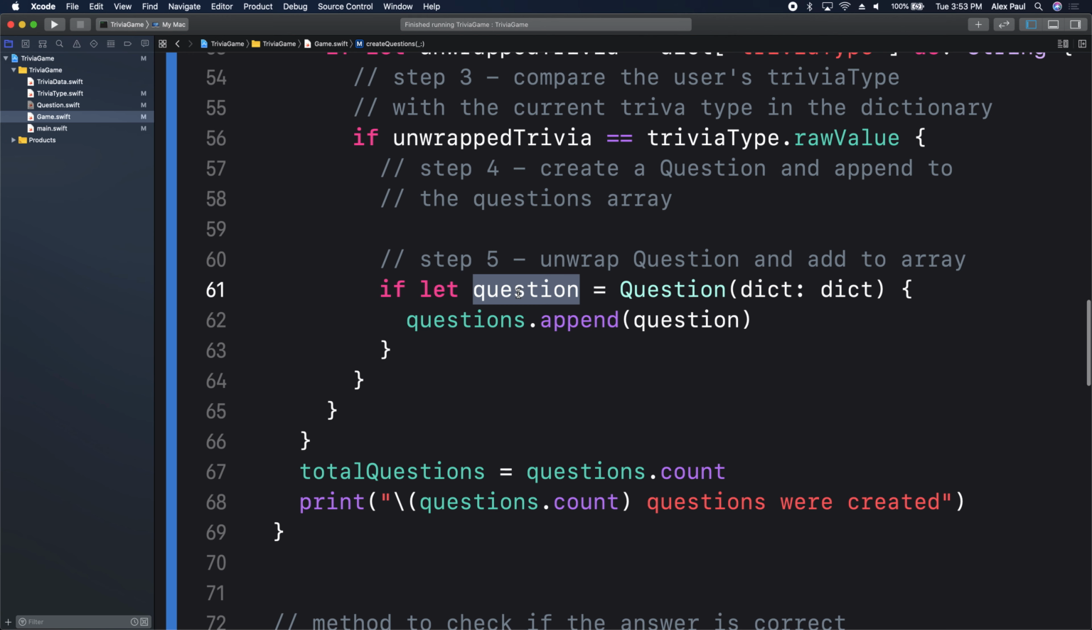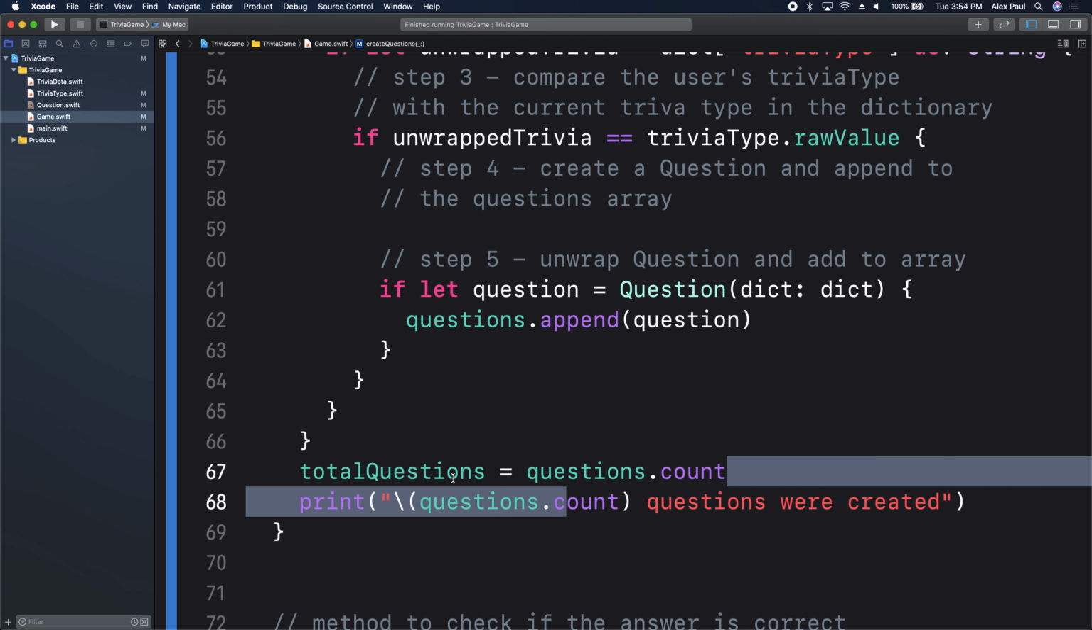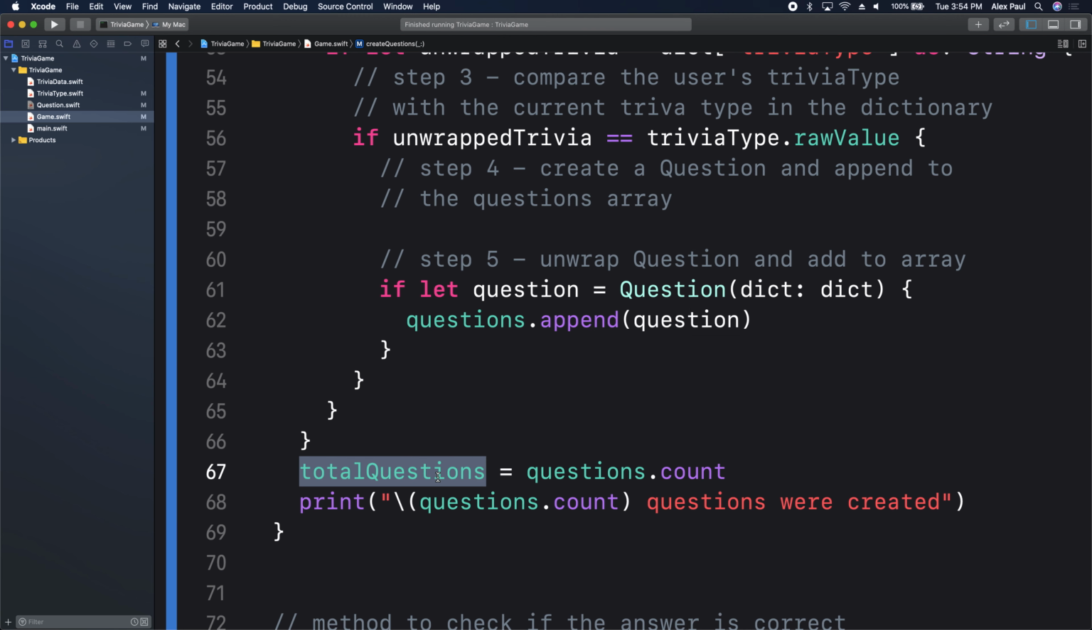Very good. So here we have a question. Only if it's a valid question, we add it to our questions array. At the end of our for loop, we either have 0 or more questions. Regardless, we set our total questions to that number. Yes? Can you just go over one more time